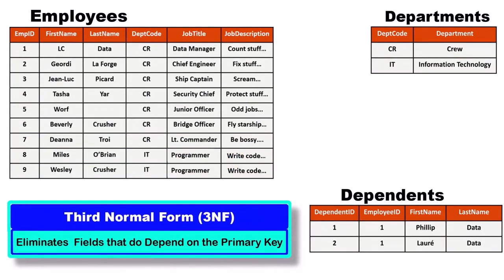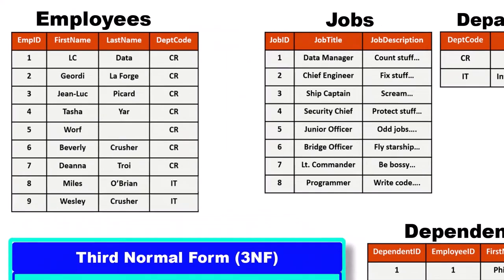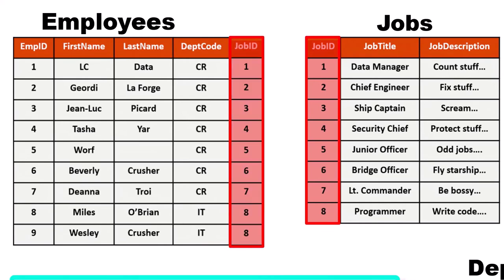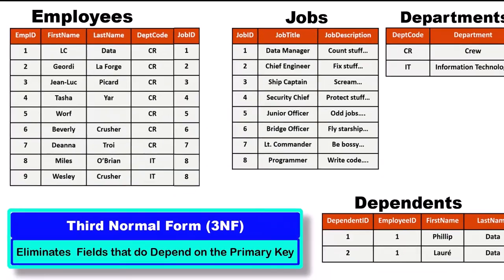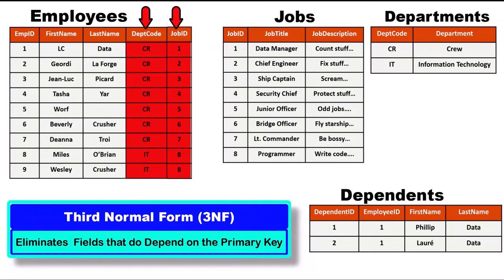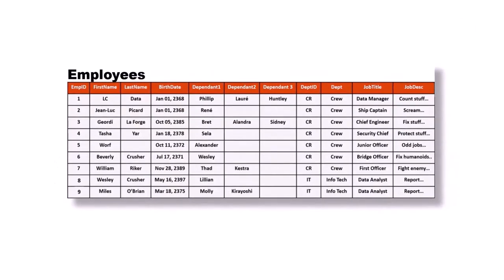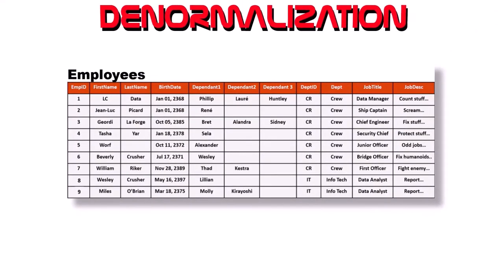To resolve this problem, we must place job title and job description in a dedicated table with its own primary key. Another foreign key will be added to the employee's table that matches the primary key of the job they perform, and that is how we then identify the employees that relate to a particular job through a relationship. Notice that we have 2 foreign keys in the employees table and only 1 in the dependents table. There is a reason why we didn't put all 3 foreign keys in one table, but we will explore that in the next video.